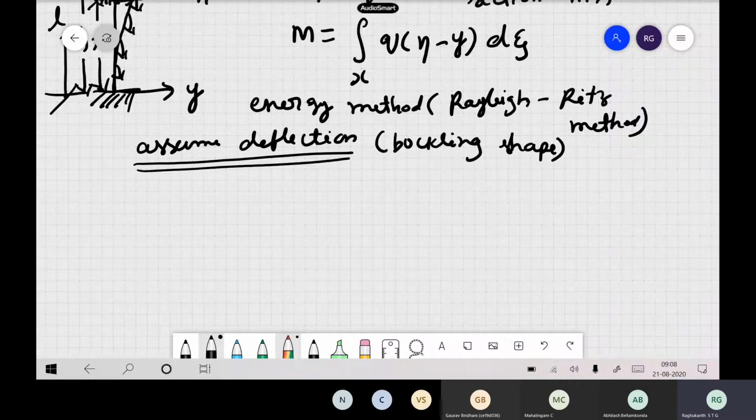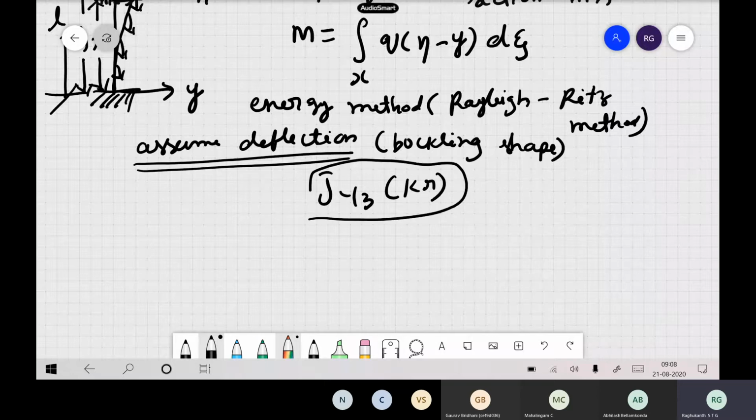What type of shapes can you assume for this cantilever? Previously, when we solved by the force method, what were the buckling mode shapes? In terms of what type of functions did we write them? For the self-buckling problem, we did not get sine or cos; we got the solution in terms of Bessel functions. You remember, right? That Bessel function was of order 1 by 3, with some k. So this was the buckling mode shape.